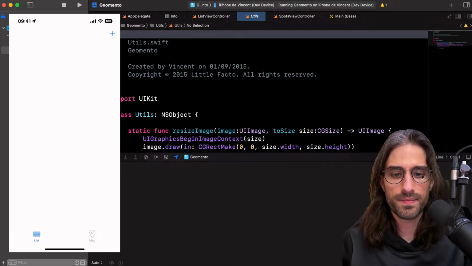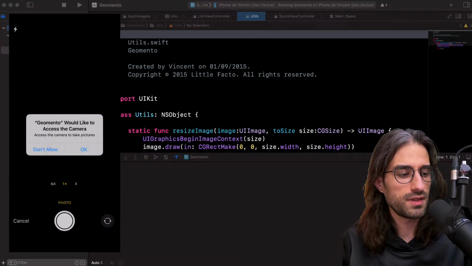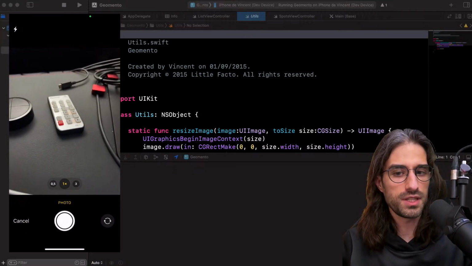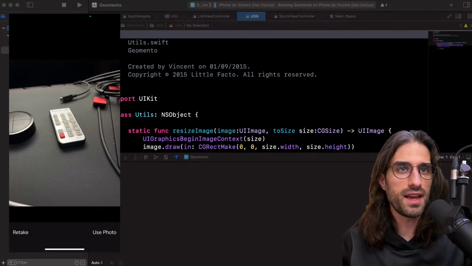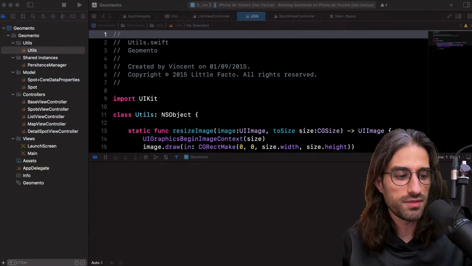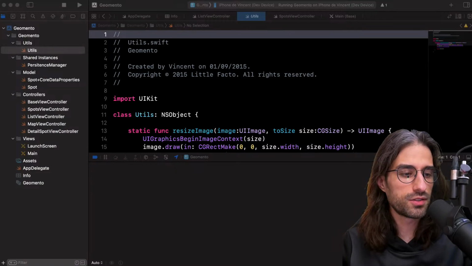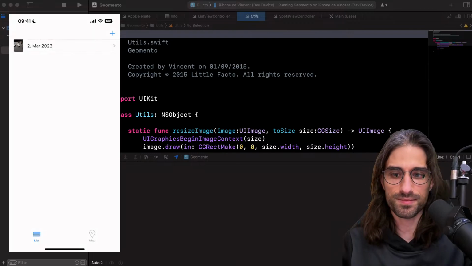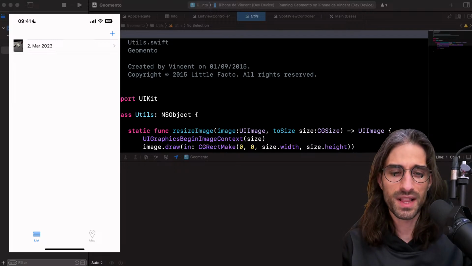All right. I'm going to take a picture. So once again, I take a picture of the beautiful remote to control my lights. And I'm just going to remove the iPhone because I want to make sure that, okay, it does show London. So we are good. And so we have this added to a very bare bones list.